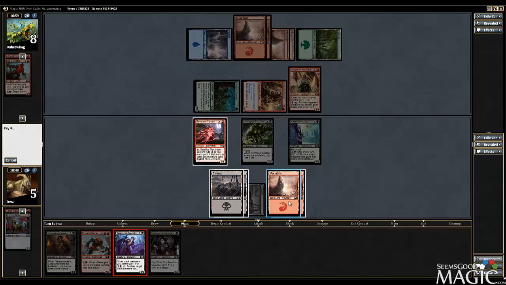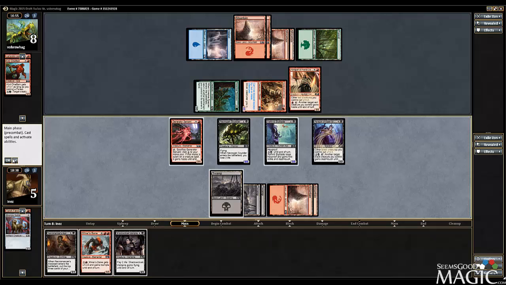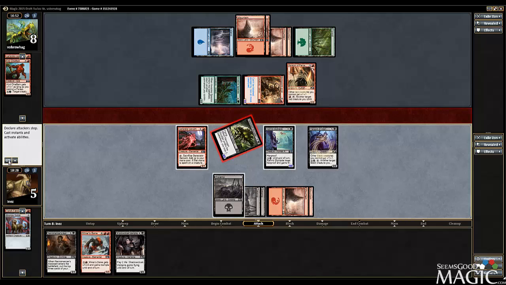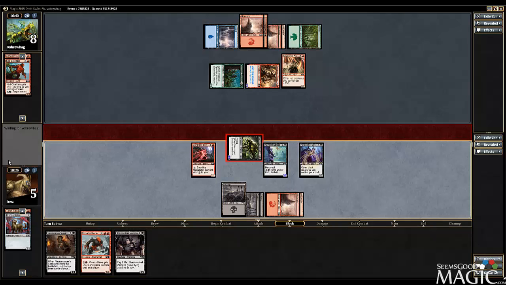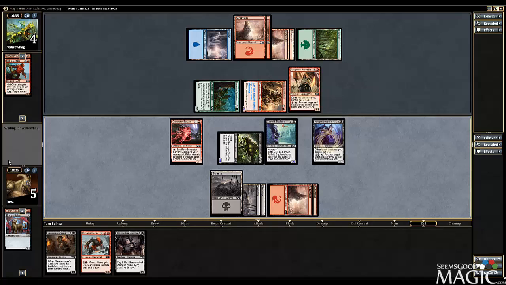Guess we can play the Paragon since it puts him on a 2-turn clock. I'd have to attack with the whole team to threaten lethal, which doesn't seem worth it, so just getting in with the Scudder. I'm not going to be able to block this Sliver, but